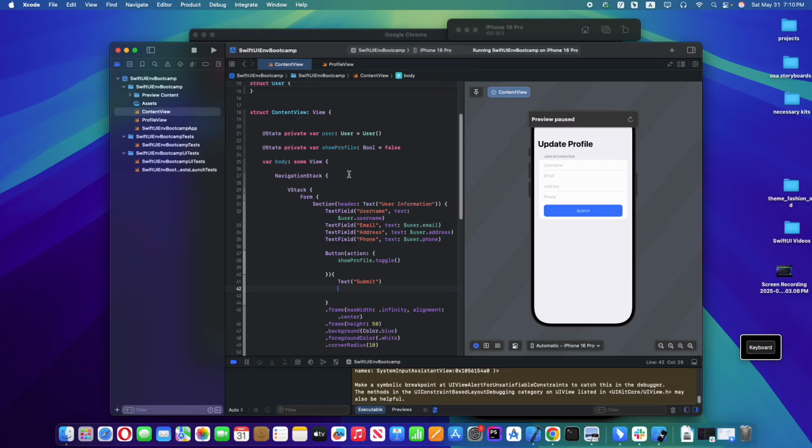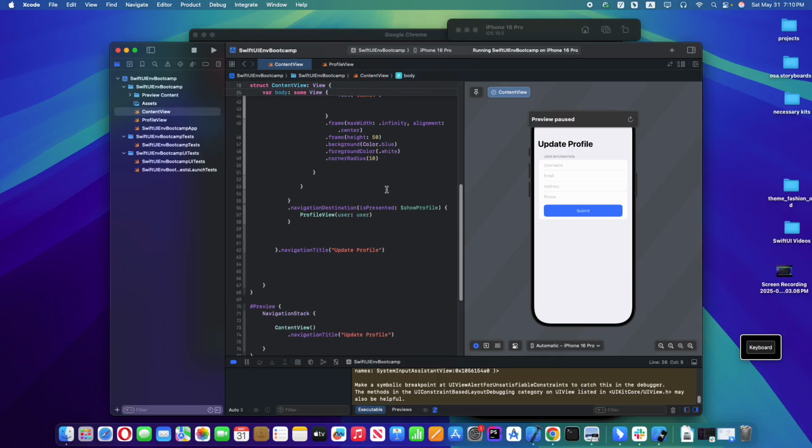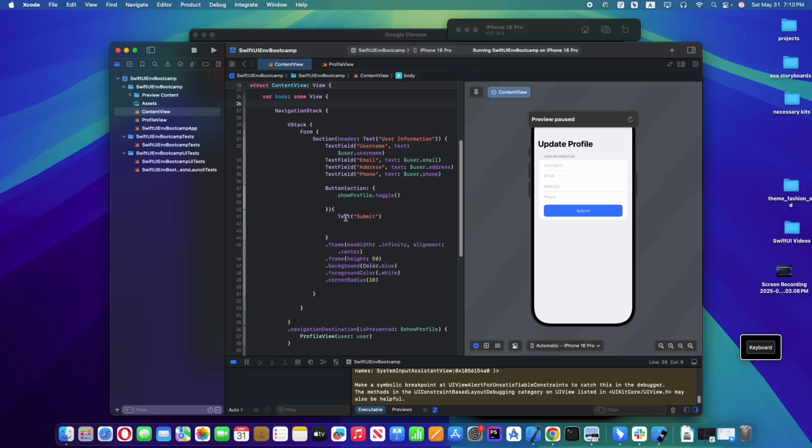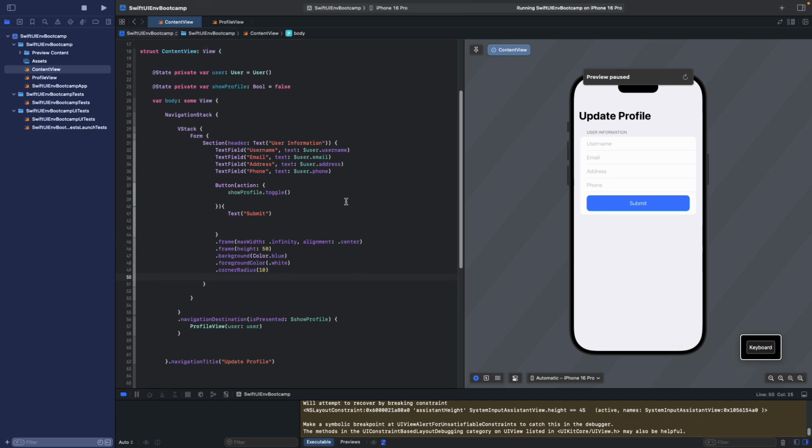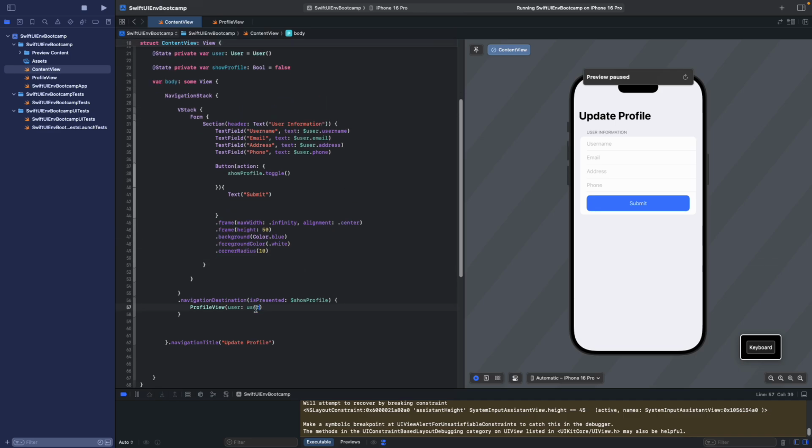So we can do it like this, but what if we have too many views? Are we going to use these type parameters and variables? This doesn't look very clean. So for example, if we create another view,